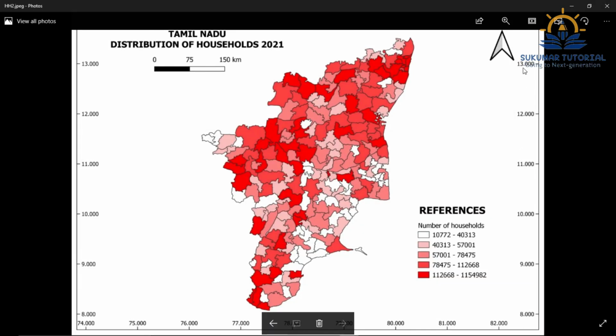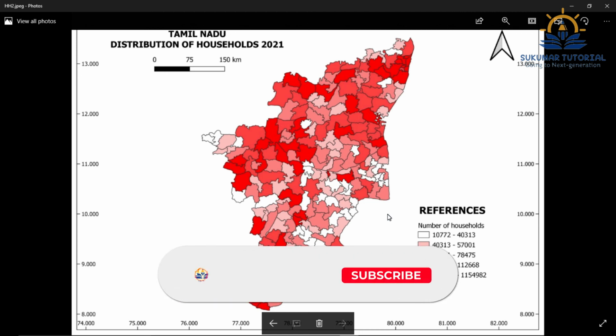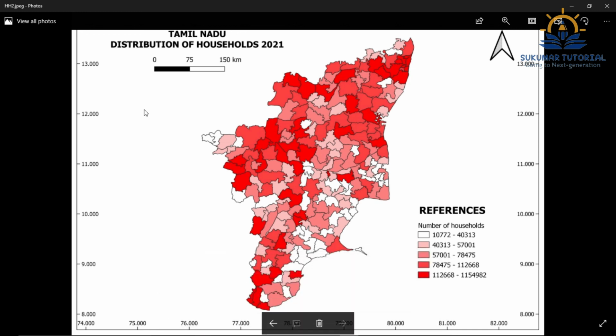See, this is the way you have to finish the map, you have to bring it out. See this map, you can just take it to your PowerPoint, or you can straight away print it or export it, send it by email, or you can use it for other purposes. This is how you have to prepare a layout. So layout is very important. Whatever the exercise you are doing, finally you have to make it. So here you have to see the space availability.